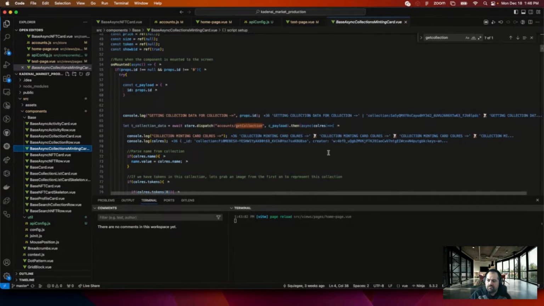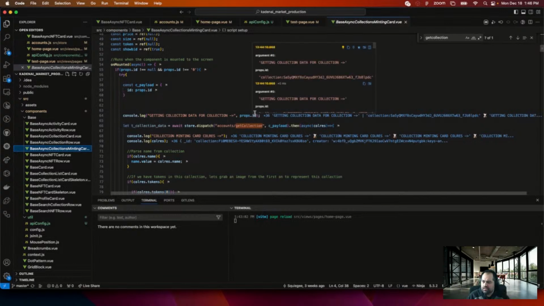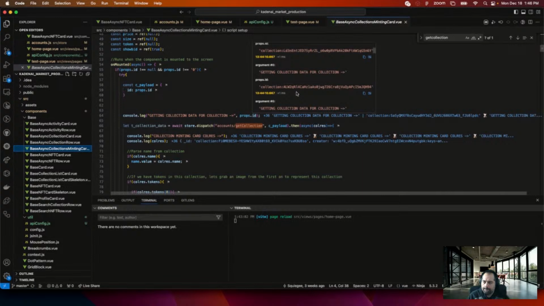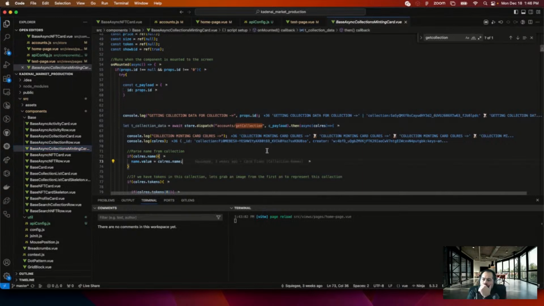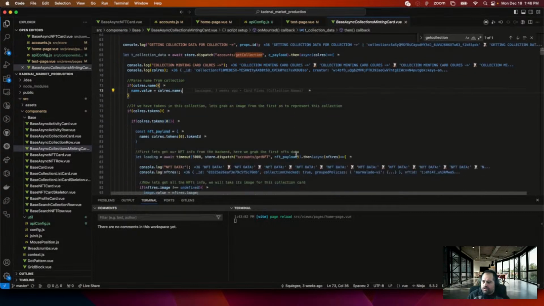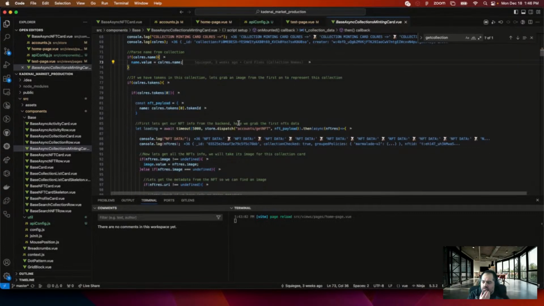So I think for us, what's it feeding? Minting card. So they won't have images. Okay, look at this.